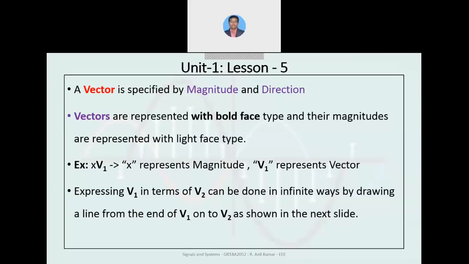And expressing v1 in terms of v2 means here we are representing the other vector v2 that needs to be expressed for v1. Means we want to express v1 in terms of v2 with some expression. We are going to discuss in what way we are representing it, with what condition, and how the orthogonal condition needs to be matched with this vector representation.